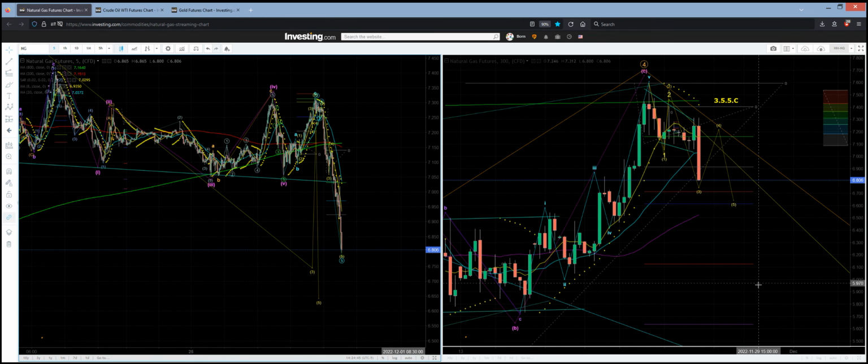Once we get a wave 3 in, then we can have an idea as to where wave 5 is going to be, if it's going to be 350 or 250 or whatever. But I think the story, the narrative of $12 to $15 natural gas in the winter is kind of a bit of a fairy tale. Maybe $10 or $11, but I think it's a false narrative that's been put out there by